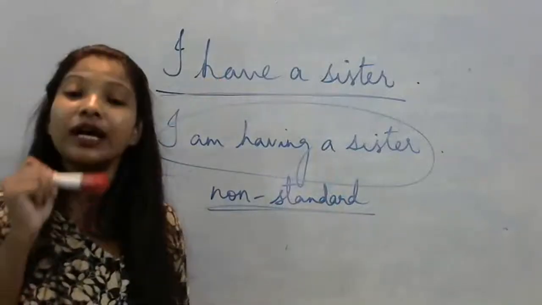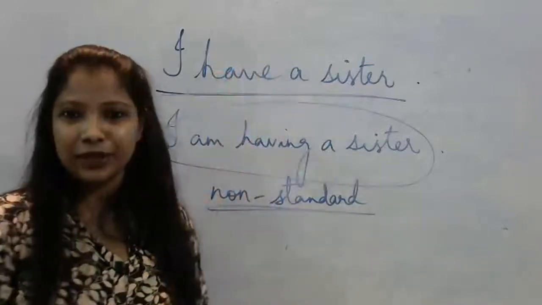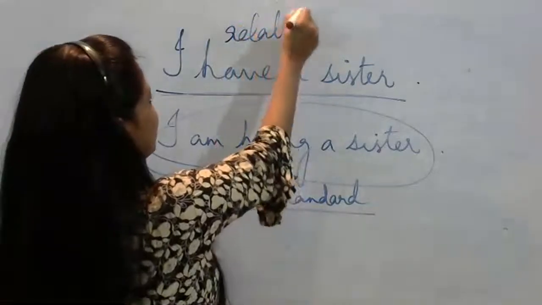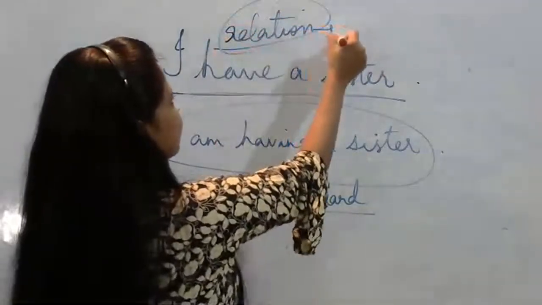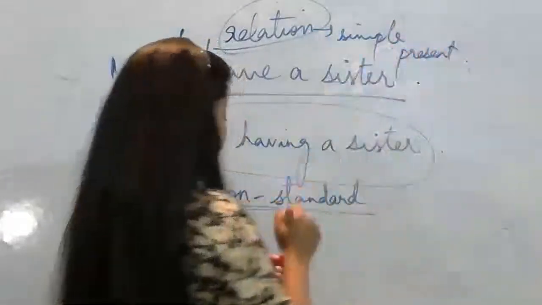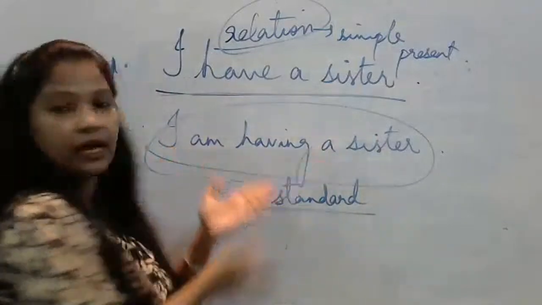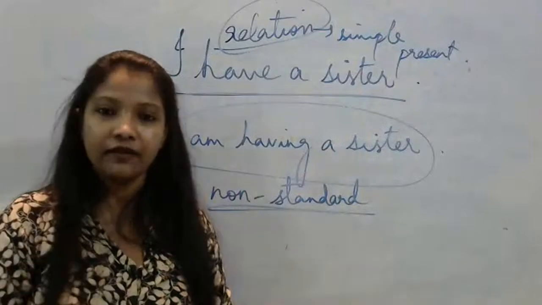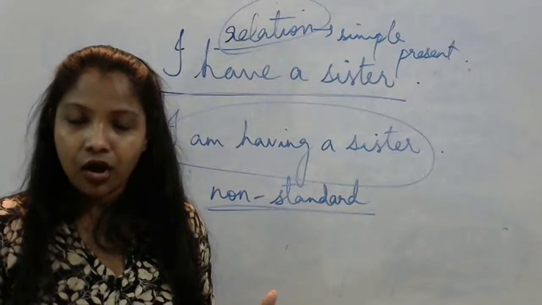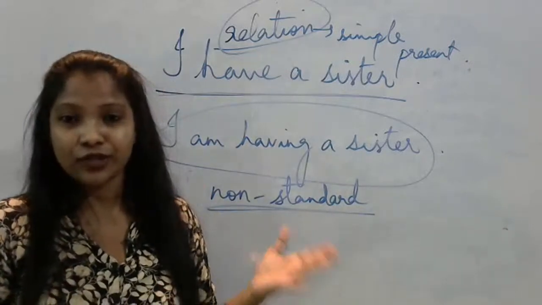This is what I wanted to tell you, but I actually told you the point by the use of examples. So, relationships are also expressed in simple present. Now, you may come up with a question: why ma'am, what is wrong with this? Many people say "I'm having a sister, I'm having 2 brothers." But there is a difference between many people saying it and saying it correctly. Not necessarily what people say is right.